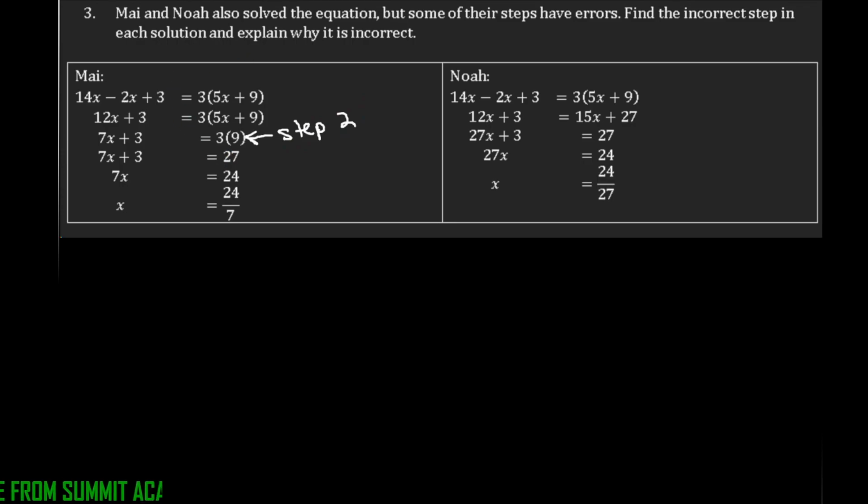So let me actually do in red where the mistake is at. So let's say the mistake is in step 2. And we'll split it like this, and we'll say Mai